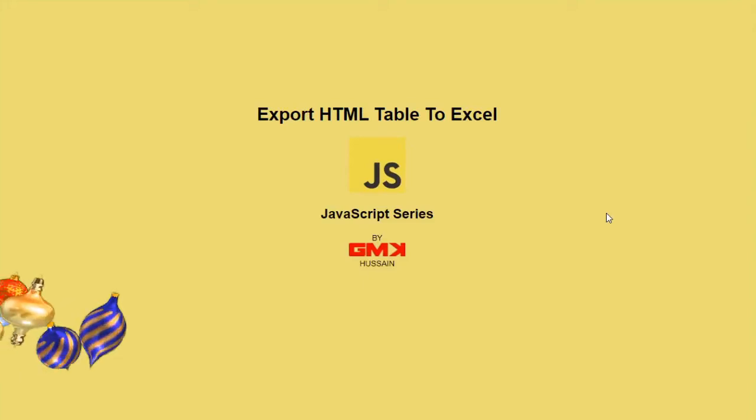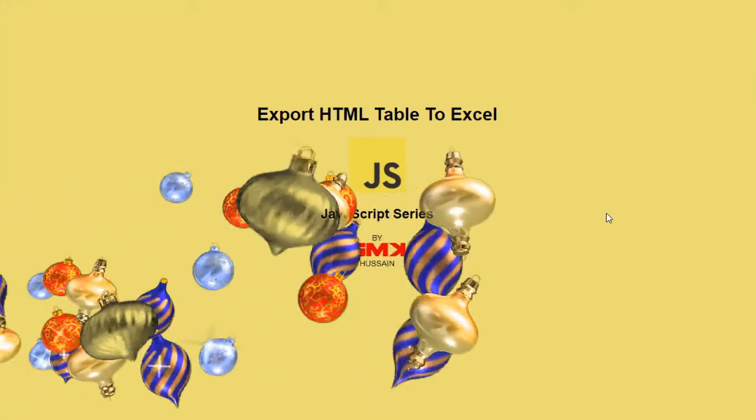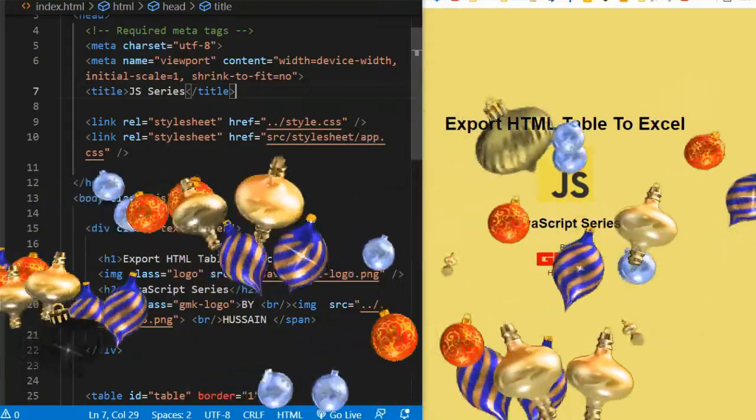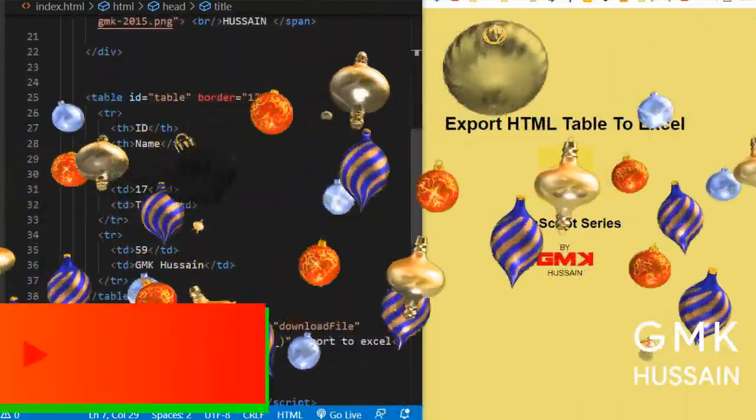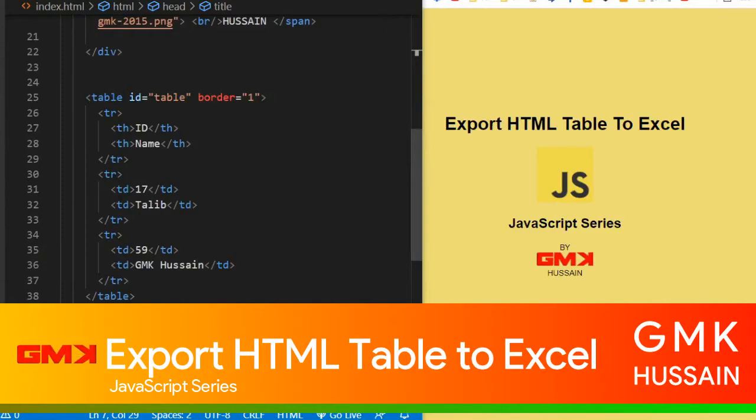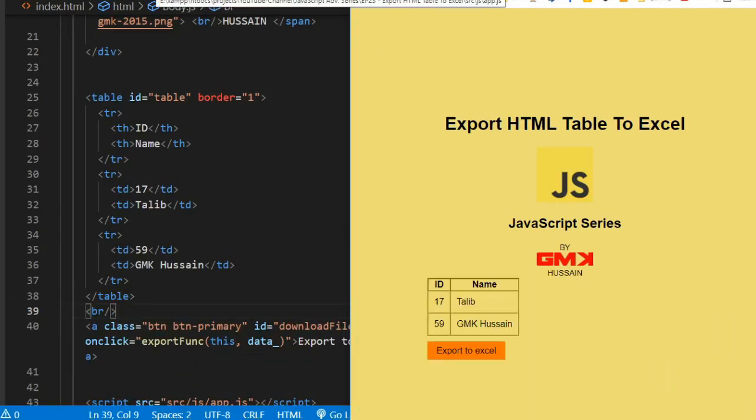Export HTML table to Excel JavaScript series. In code I have already HTML with some elements and one button. Let's see. Now I'm going to open